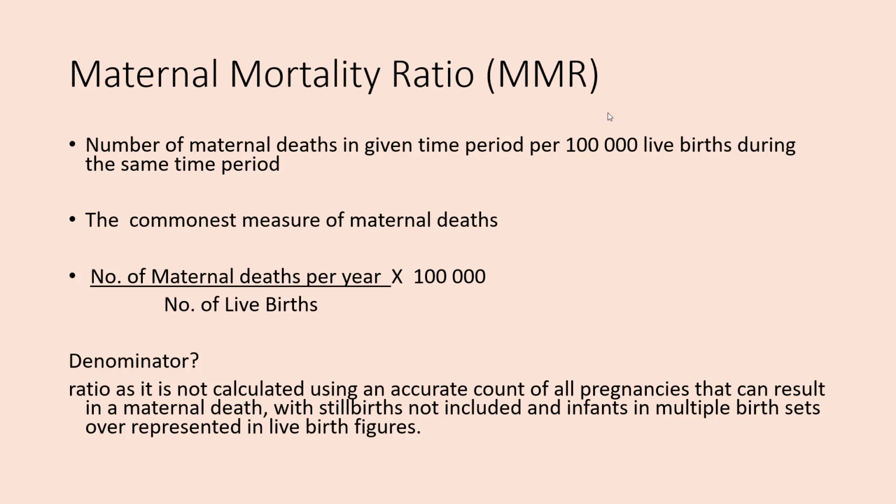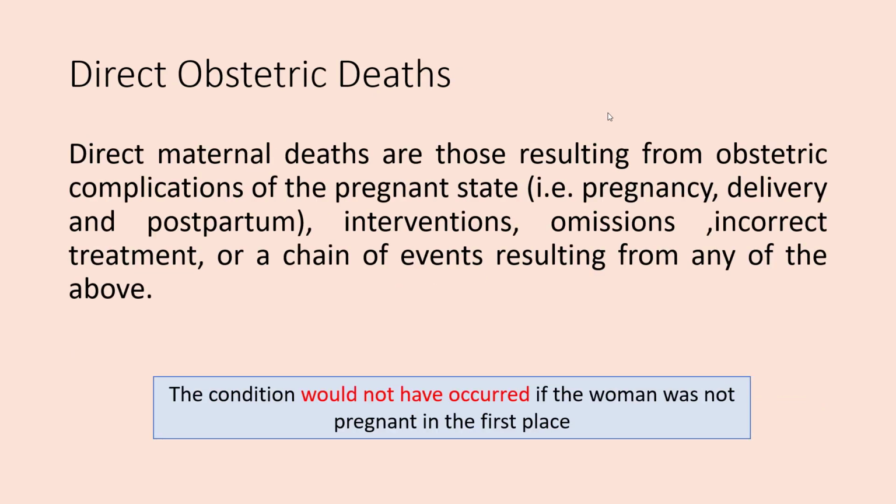In maternal mortality ratio, it's the number of maternal deaths in a given time period per 100,000 live births during the same time period. This is the commonest measure of maternal deaths. The denominator includes the number of live births. And there are four types of maternal deaths. The first one is direct obstetric death. Direct obstetric deaths are